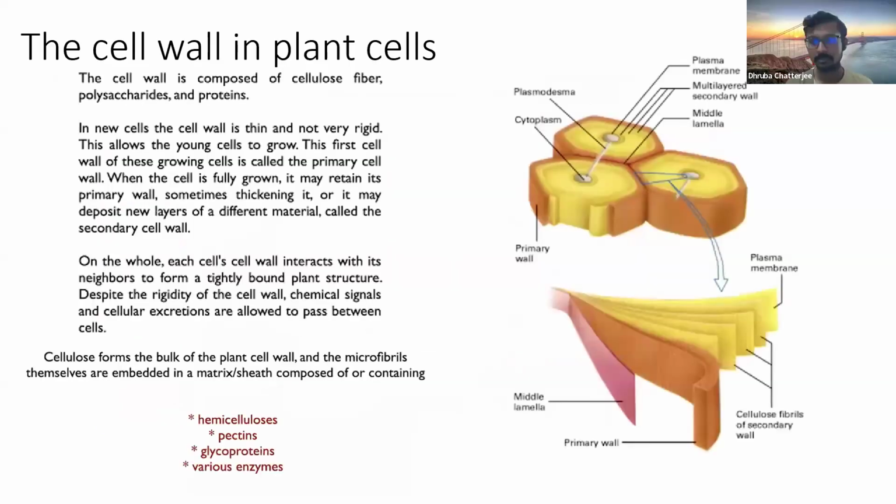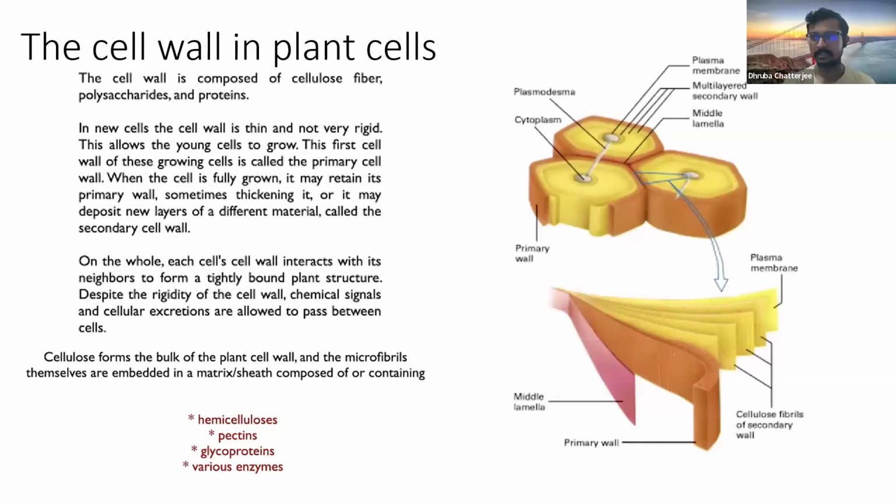Now let's look into the cell wall that is present in the eukaryotic plant cells. The animal cells are also eukaryotic cells, but they don't have a cell wall, whereas the plant eukaryotic cells have a cell wall. The plant cell wall is also made up of polysaccharides, primarily cellulose, hemicellulose, and pectin. Primarily cellulose, which is embedded in a matrix that consists of pectin and hemicellulose,